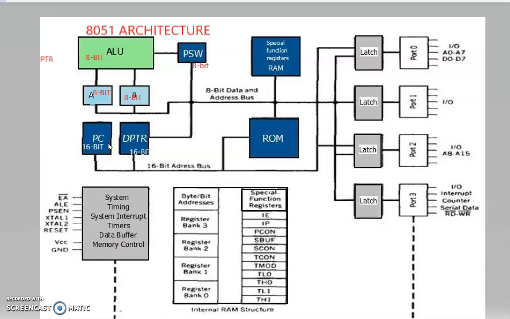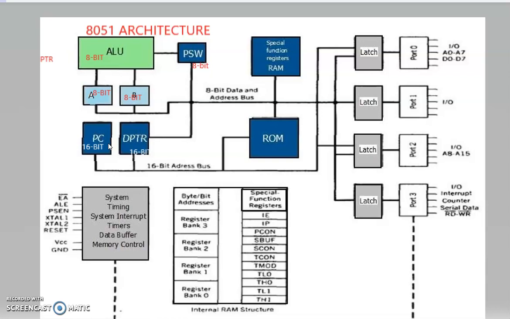Once an instruction is fetched, the program counter will point to the next instruction. So if the instruction in location 0000 hex is fetched, after fetching that instruction the program counter is automatically updated to the next instruction, that is, to location 0001. So the program counter is incremented automatically to the next location.